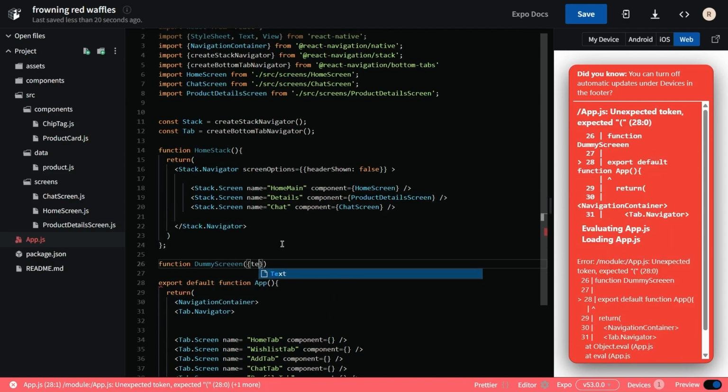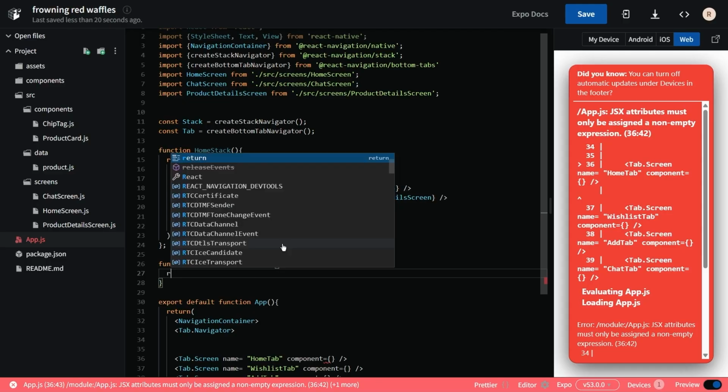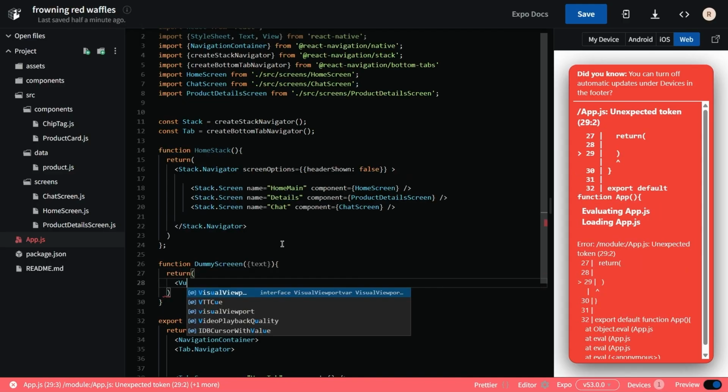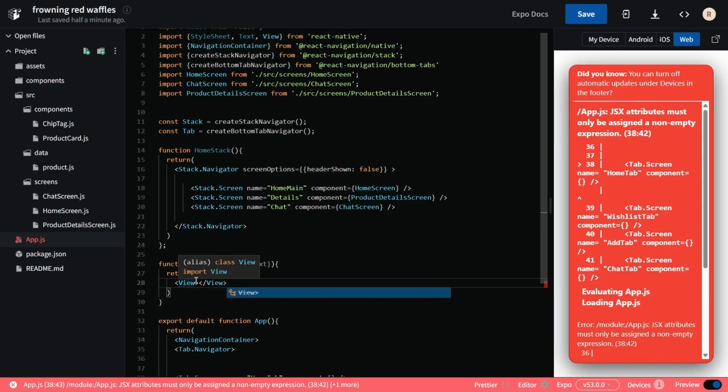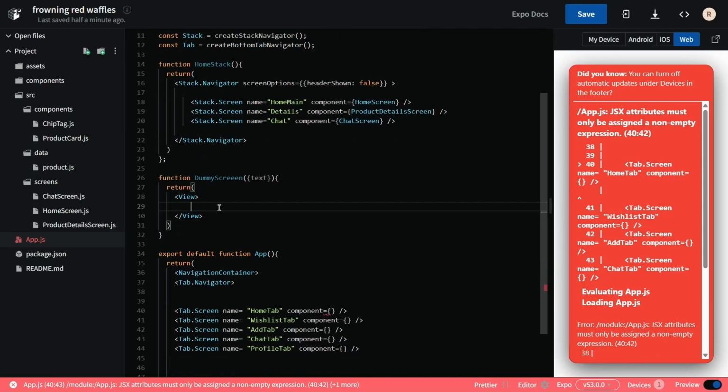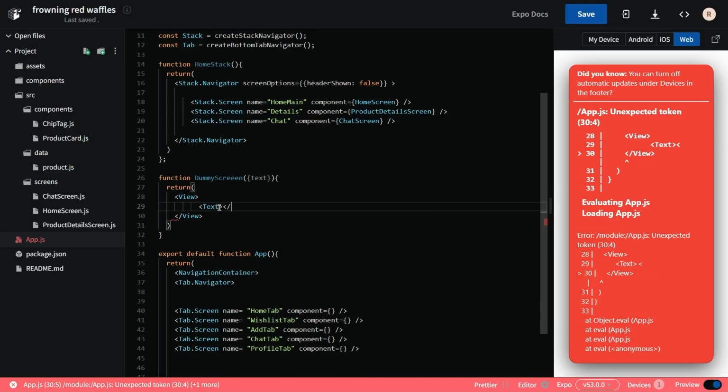To make sure all of our bottom tabs are working even before we build the real screens, we create a temporary component called DummyScreen. This is a very simple functional component which accepts a prop named text. Inside the return statement, we use a View that takes up the full screen with flex 1, and we align